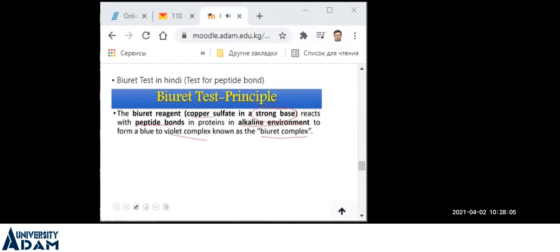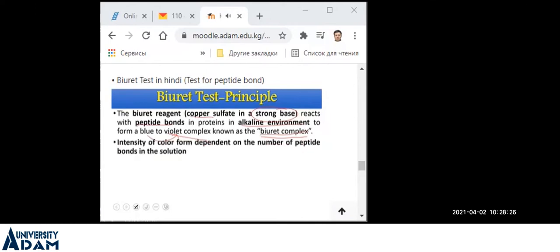अगर आपके टेस्ट सॉल्यूशन में प्रोटीन्स, पेप्टाइड बॉन्ड्स प्रेजेंट हैं तो वो ब्लू कलर से वायलेट कलर में कन्वर्ट हो जाएंगे बिकॉज़ ऑफ फॉर्मेशन ऑफ दिस बायूरेट कॉम्प्लेक्स। अगर पेप्टाइड बॉन्ड एब्सेंट है तो रिएक्शन नहीं होगा, कॉम्प्लेक्स नहीं बनेगा और ब्लू कलर ही रहेगा, कलर चेंज नहीं होगा वायलेट कलर में।